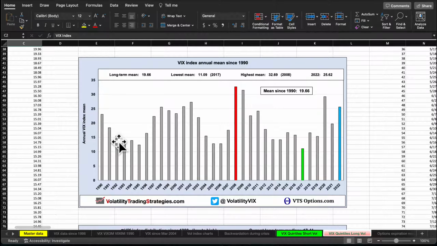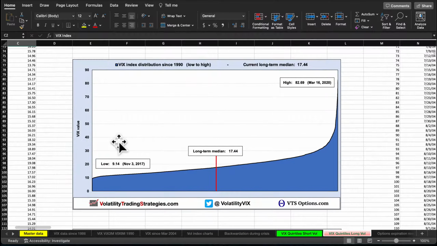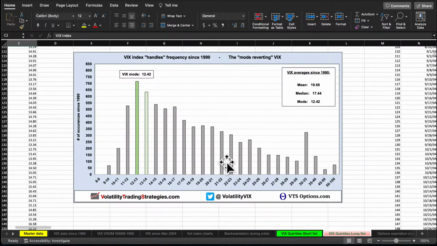The mean is almost 20, but I think the median is probably much more appropriate with the VIX because, of course, these high ranges can really bring up the long-term average. It's not very meaningful to use values in the 70s and 80s as an average. It very rarely happens. So the median is 17.44, but I even like to highlight a little bit further